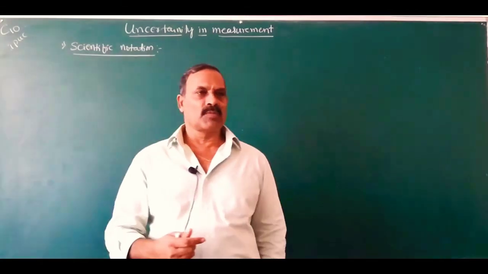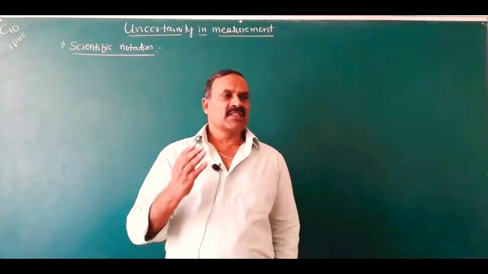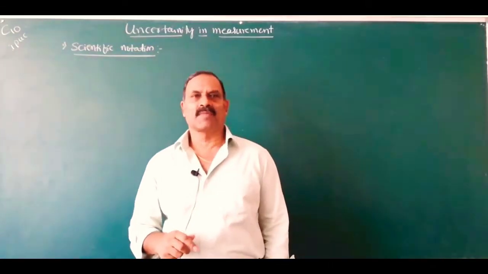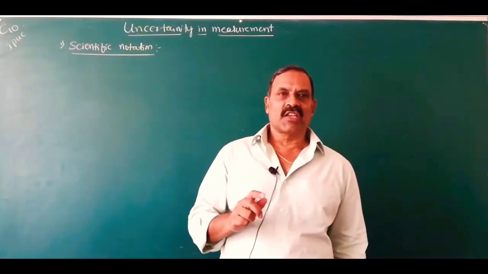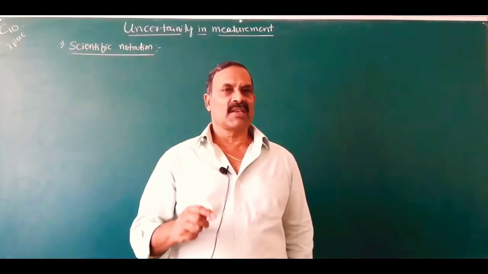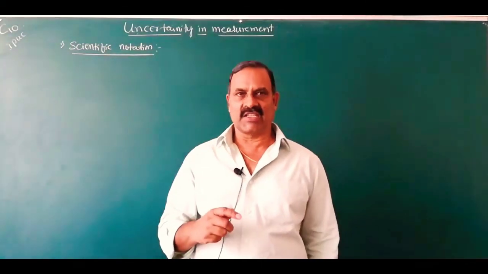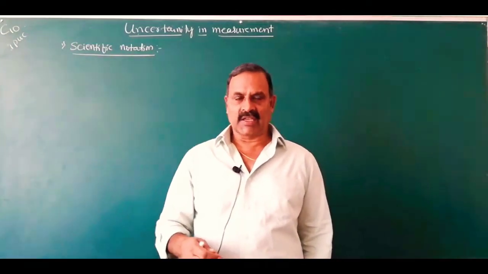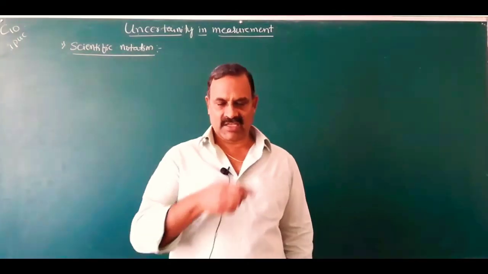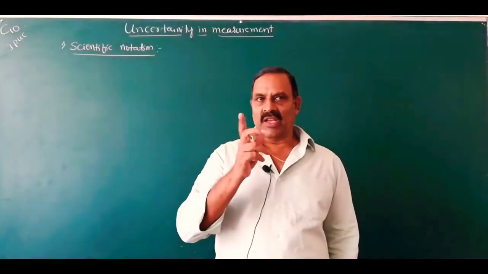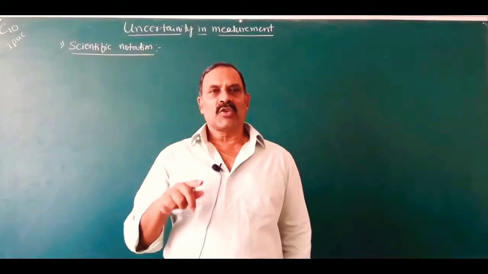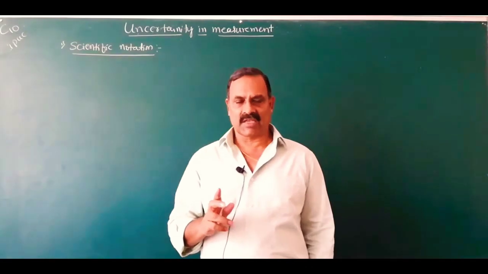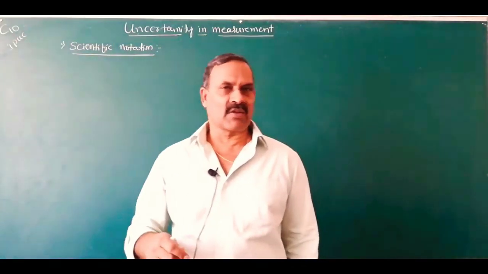Coming to the weight of an object, weight of an object is nothing but the gravitational force acting on an object or substance. It is not a constant quantity, it varies from place to place depending upon the gravitational force. And it is a vector quantity, that means it has both magnitude and direction. So the relationship between mass and weight is W equals mg, where W is the weight of an object, m is the mass of the substance and g is acceleration due to gravity.